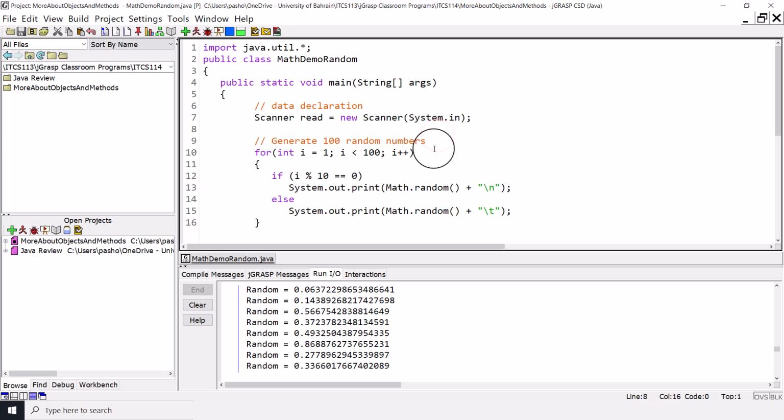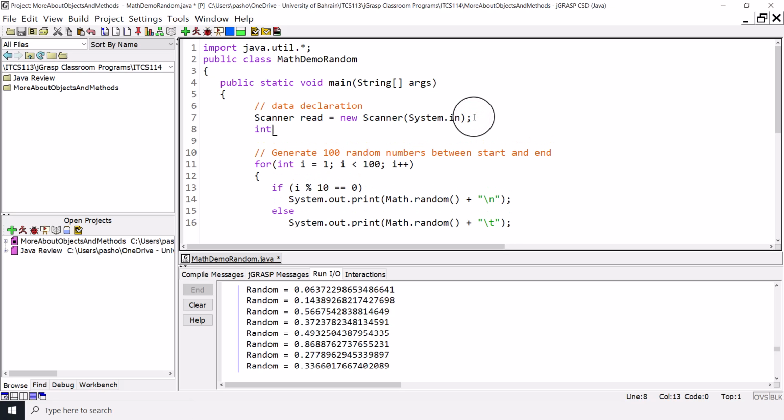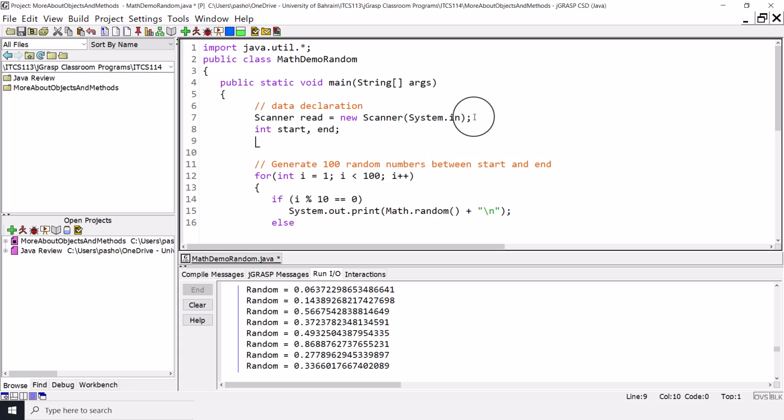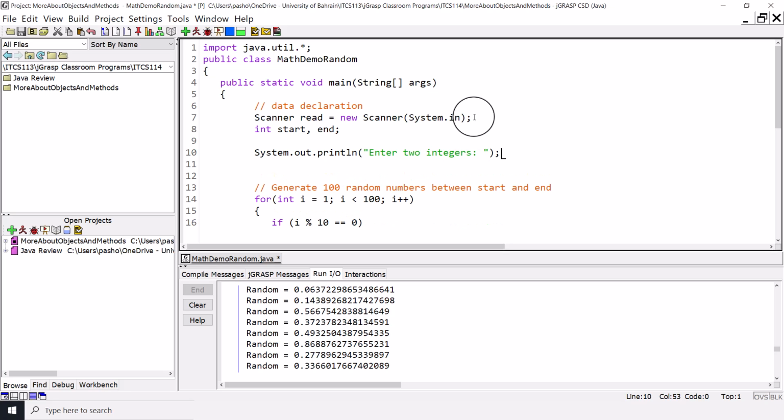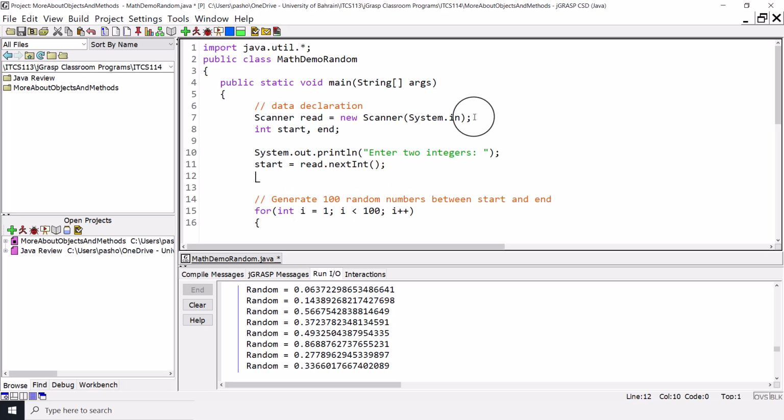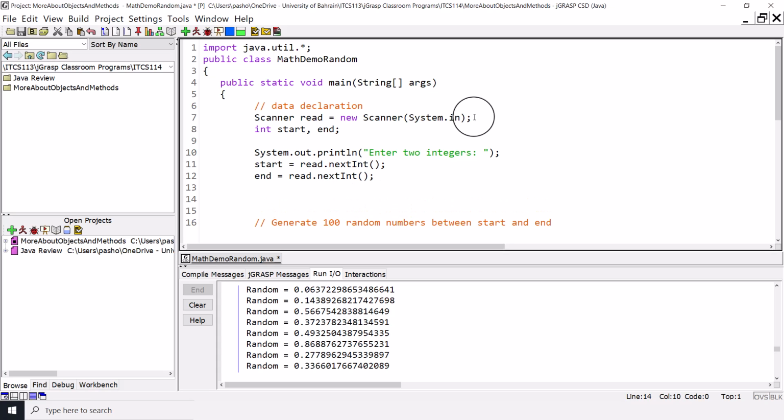We want now to generate random numbers between two integers, let's say start and end, and we are going to read them from the user. So int start, comma, end, and we will print a message, enter two integers. Start is equal to read.nextInt, so reading the first number, and end is equal to read.nextInt as well. Now we need to make sure that start is smaller than end, so we are going to say if start is larger than end, then we will do two things. We will display a message on the screen,